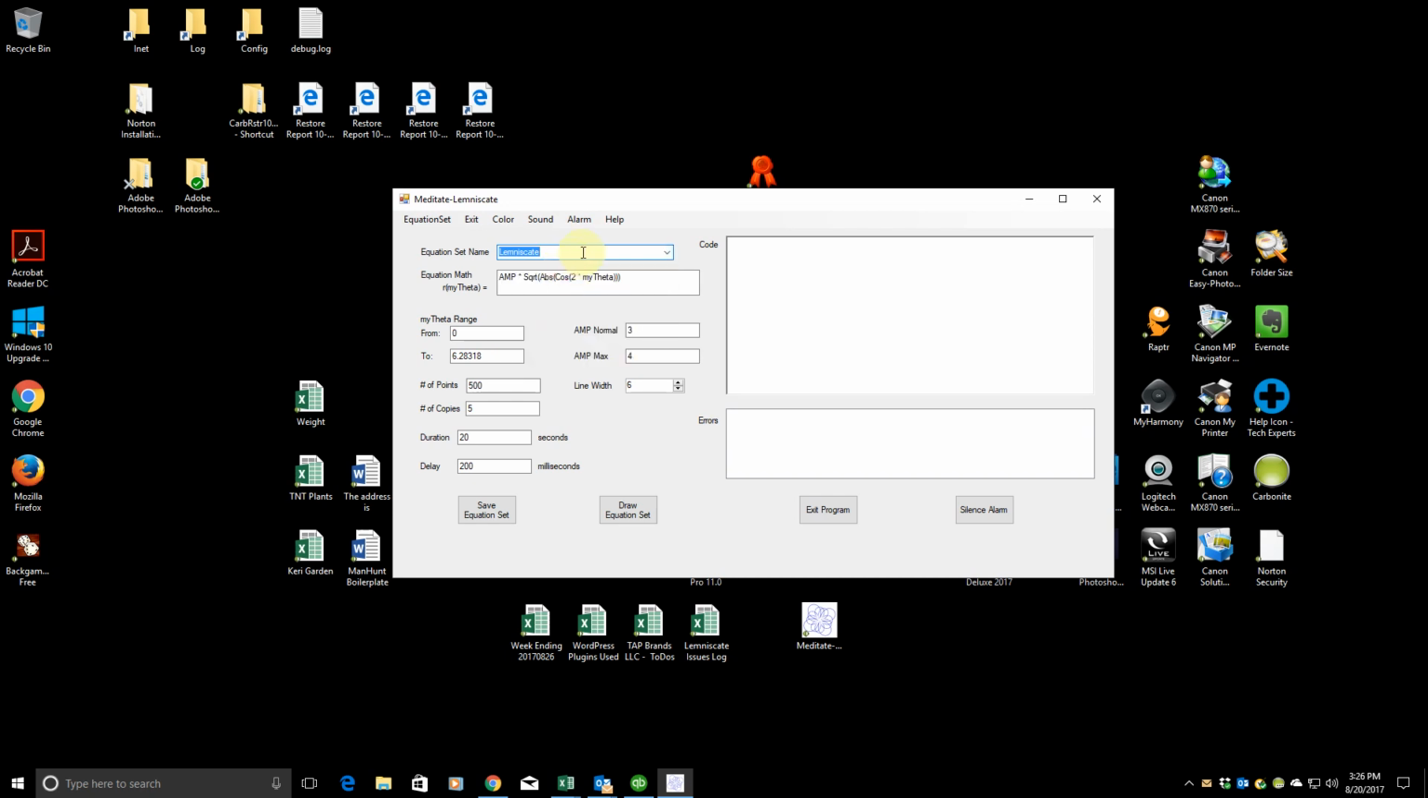This is the equation math for the Lemniscate. And the Lemniscate is the sacred geometry of the cosmic lemniscate, also known as the figure 8 or the infinity symbol. Now, there are several parameters that you can adjust to get different effects, but basically right out of the box, if you just come down here and click on the Draw Equation Set box,